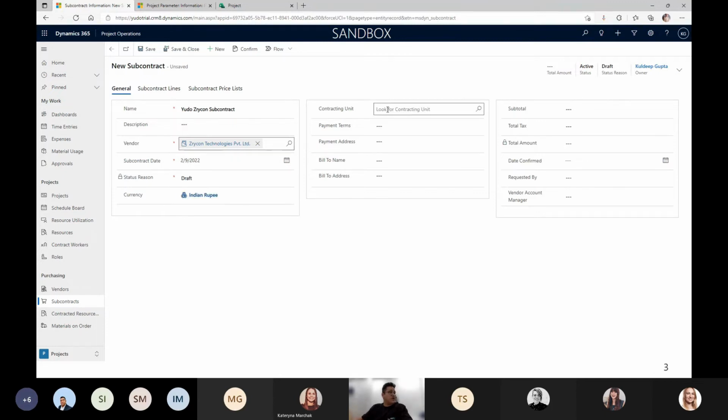The currency is Indian rupees, perfectly all right. Then I will select the contracting unit from where I want to execute the subcontract. Fabricam India is the one I'll select. We will select the payment terms, let's say net 30. If you have a well-defined contractor, the payment address and the bill to name and everything is fetched over here. Other details are not mandatory, so we'll not spend time on that. You can fill in as much required information here. Once you save this,